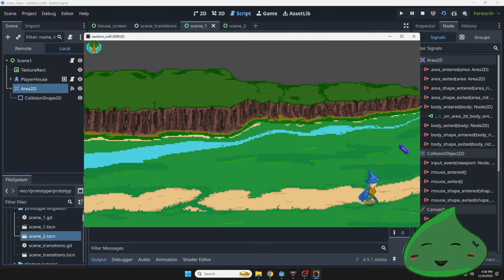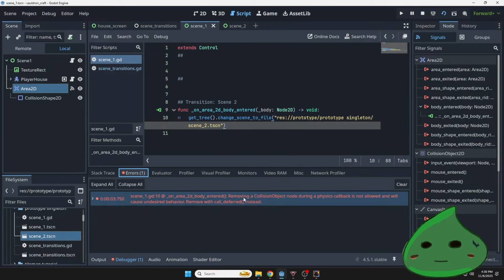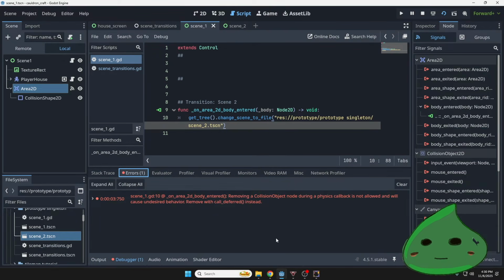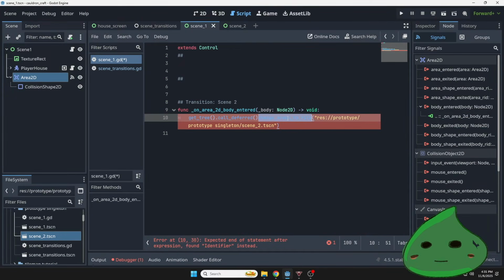We know the collision shape is right here, right? And so it does work, but something weird happened with this debugger, and it's that during a physics callback, this causes undesired behavior. We want to use call deferred instead. We're going to do something like call deferred, and then what we're going to do is we're going to throw in the change scene to file,